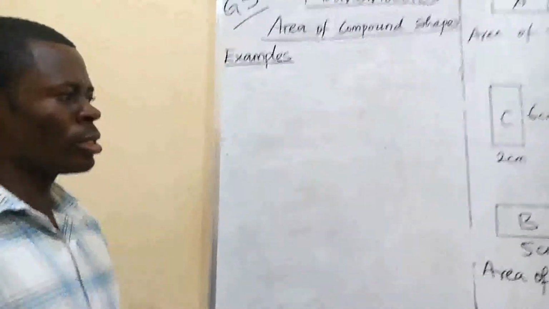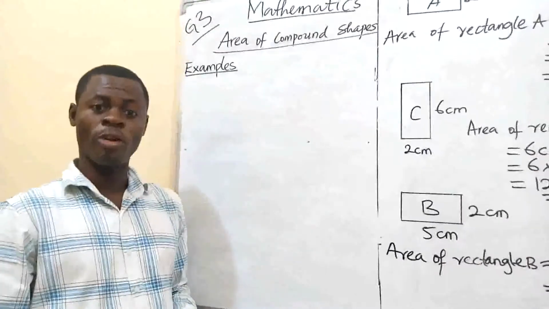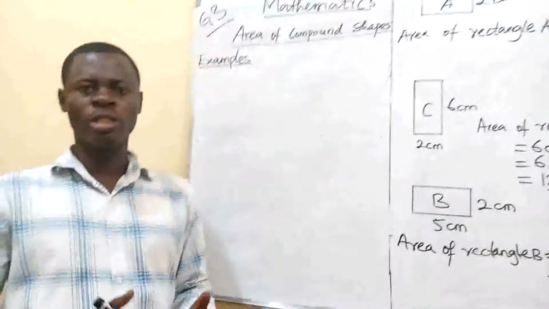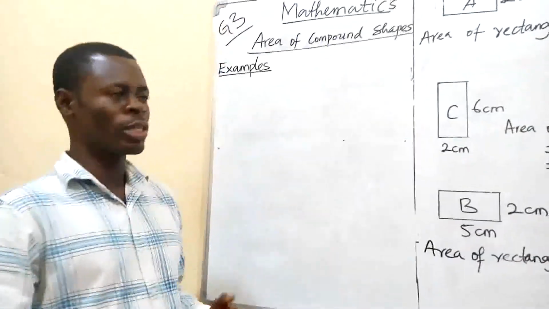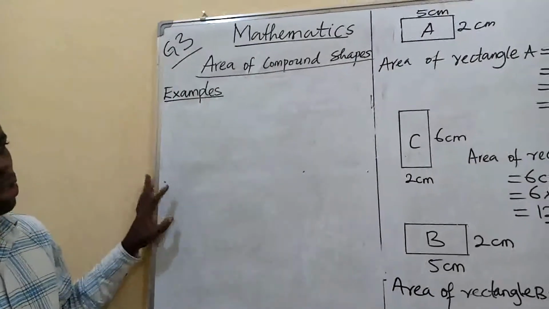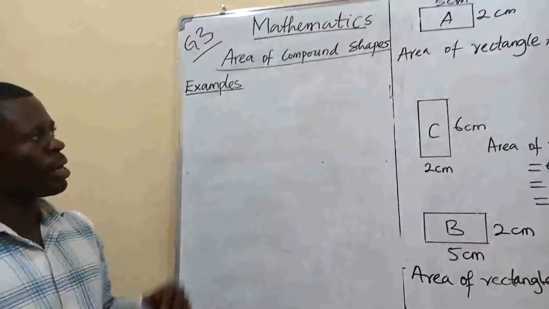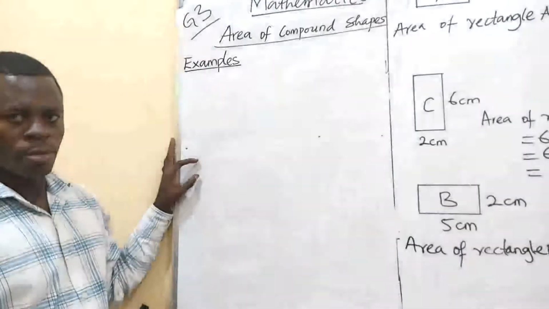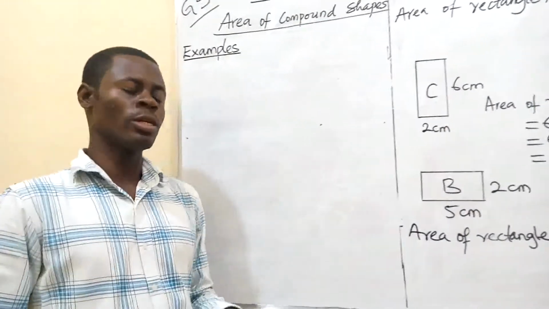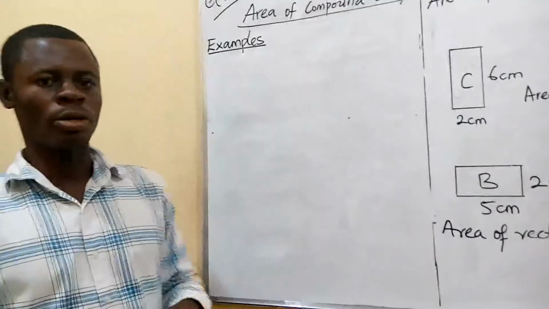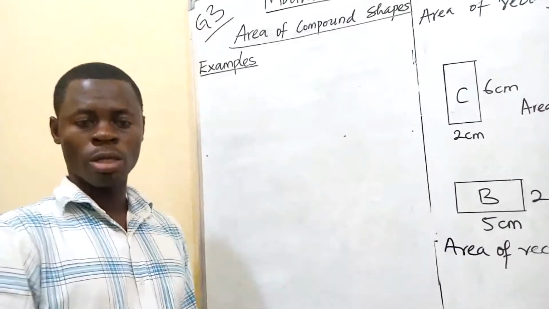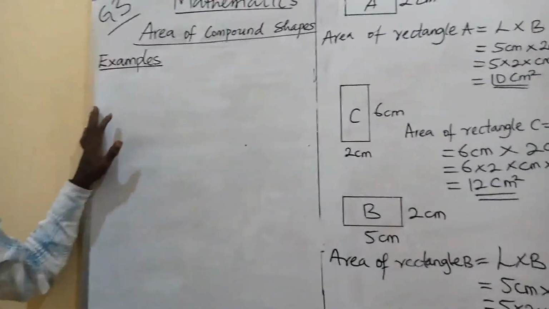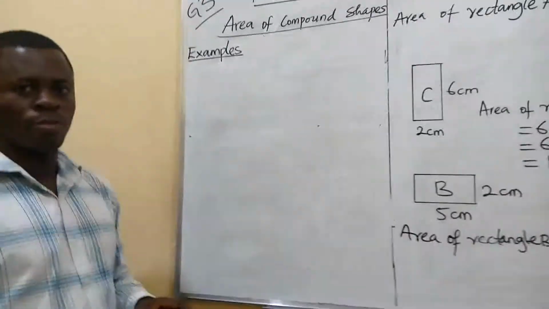Remember, we are calculating the area of a farmland, a farmland which has a compound shape. And remember, I told you that a compound shape is made up of more than one shape. We say a compound shape is a shape or figure that consists of more than one shape. Alright? So, also looking at what we did, you agree with me that a compound shape consists of more than